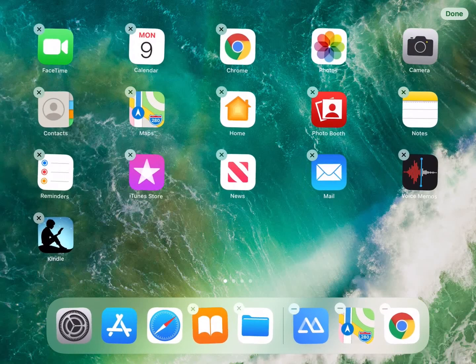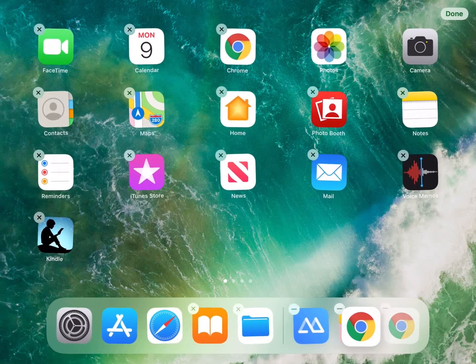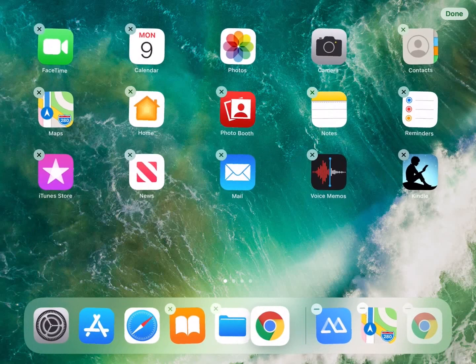I can then move back here, and you'll see on the app bar there's a vertical line. The icons to the left have the little X, and the icons to the right have the little minus. So say we have Chrome there on the far right. I can move that to the left of the line, and it will be more permanently on the app bar, because the things to the right are like recently used apps, right? So if I want this to be a more permanent feature here, I can pull it over to the left